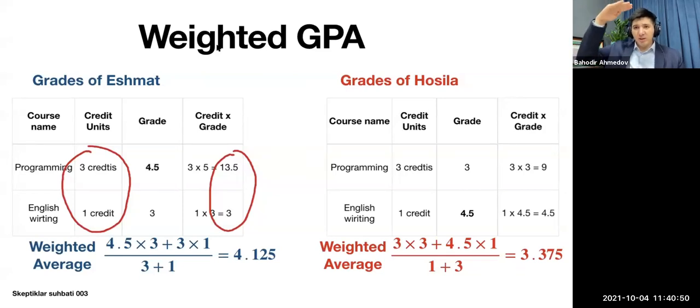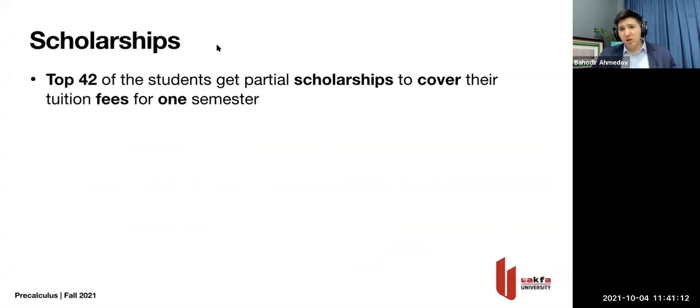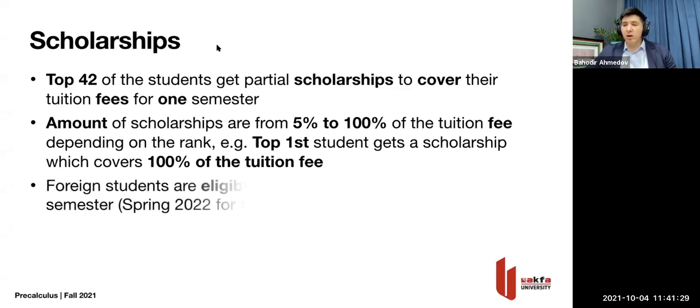Okay, so, do you remember? We sorted all of the students within one course and assigned the grades A, B, C, D. But once we've collected all of the GPAs, we are going to sort the students from the one who's got the highest GPA to the one who's got the lowest. The highest ones, of course, are going to get the scholarships. The top 42 students are going to get scholarships in this program, which can cover some portion of your tuition fee. The top students usually get 100%, and some of the students are going to get 5% off the tuition fees. And again, it really depends on your GPA.